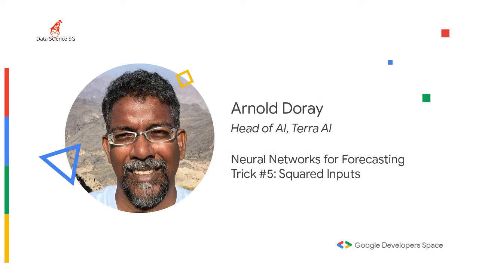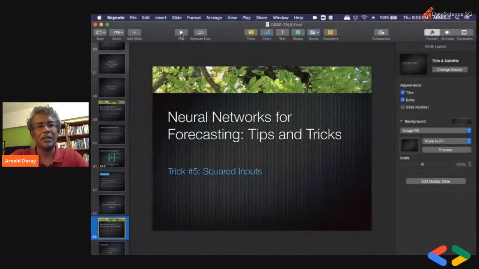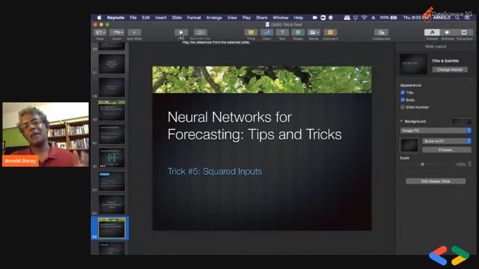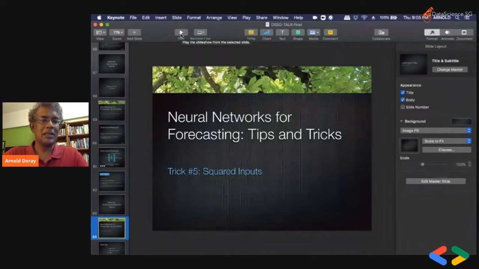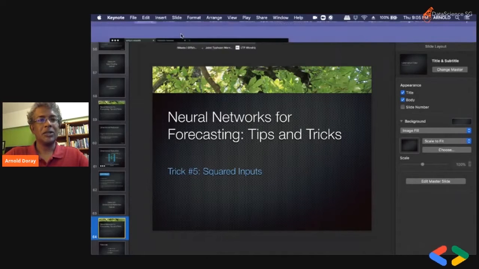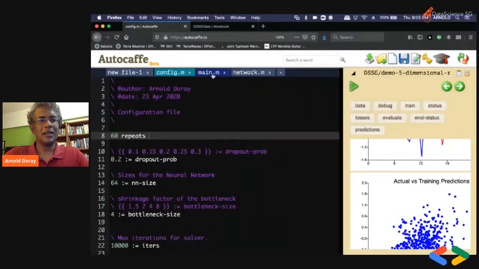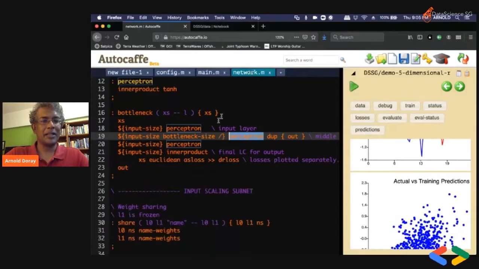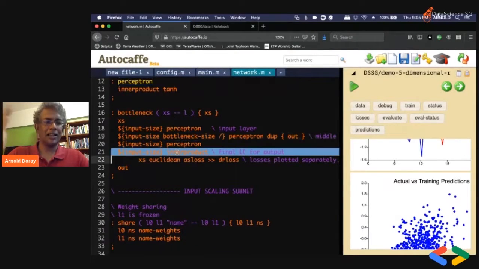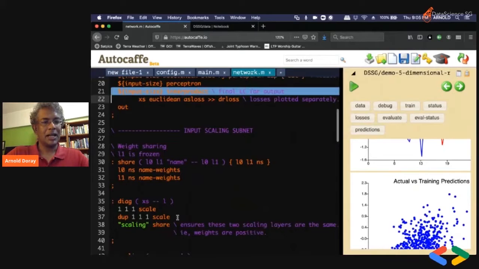Now this one I think is where it's contentious. Sometimes it works, sometimes it doesn't work. Not all the tricks I'm teaching you work all the time, and there will always be interplay or interactions between the different tricks. So like in this case, for example, in the network itself set up with a bottleneck, here I have an inner product layer as my final LC layer on the final one,